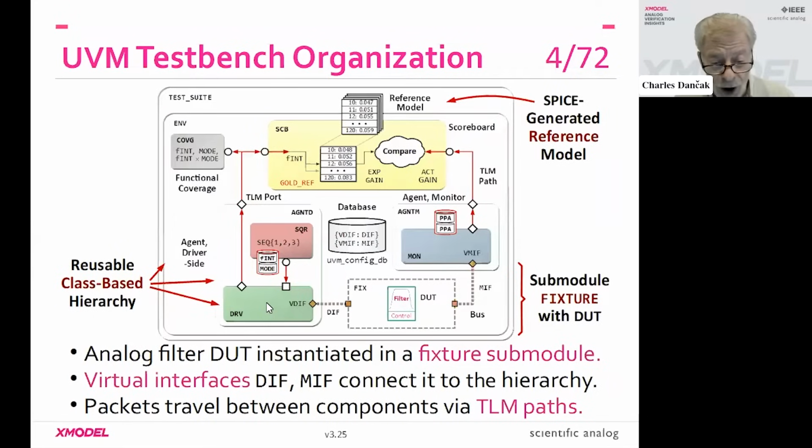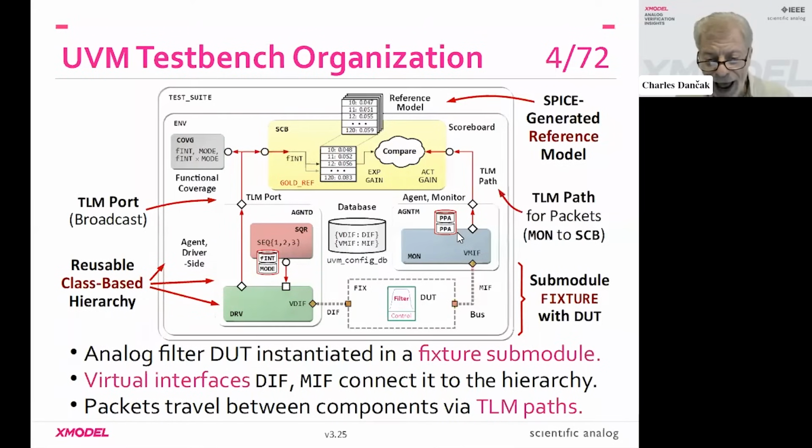Anyway, we use interface buses, physical port to virtual pointer, to connect that with the class hierarchy. So the driver's job is to take the latest data packet with an applied frequency and mode and drive those signals into the fixture. On the monitor side, it's looking at the monitor side interface bus, grabbing the measured peak-to-peak amplitudes, assembling those into a packet, and then via TLM ports and TLM paths, we send those packets on up to the scoreboard where we can do a